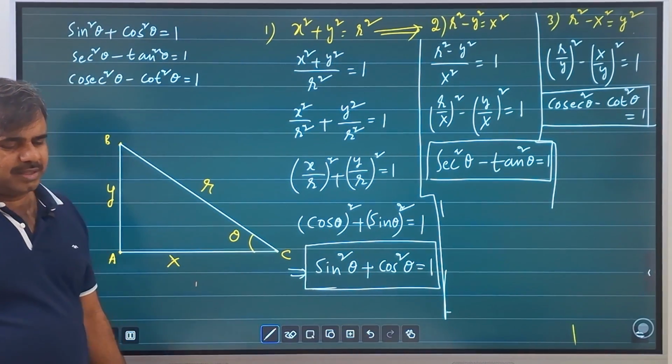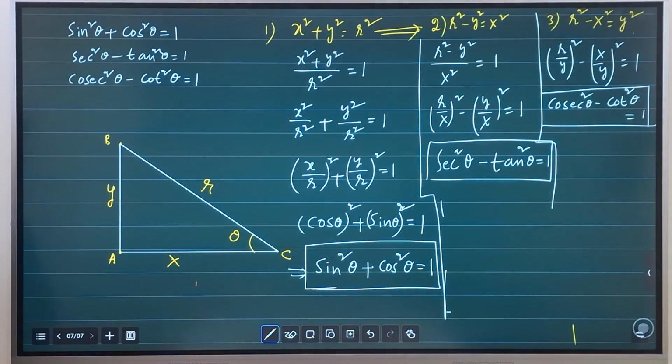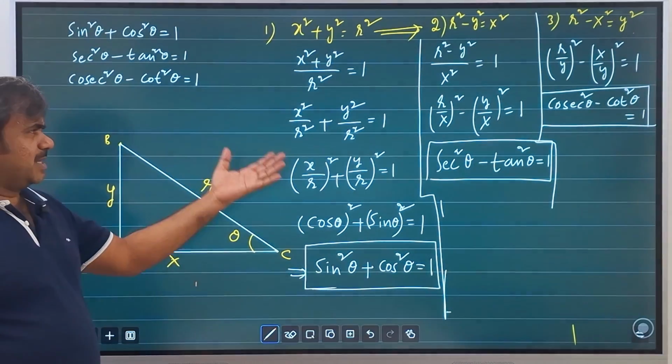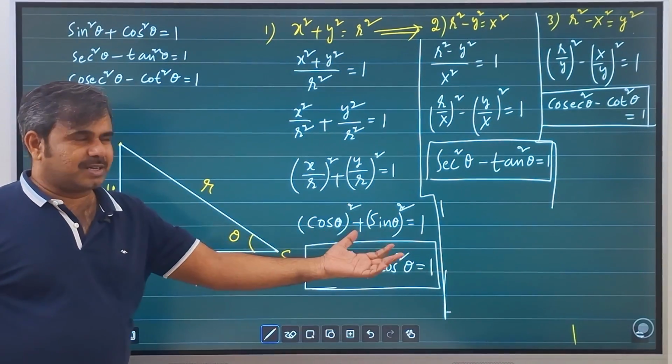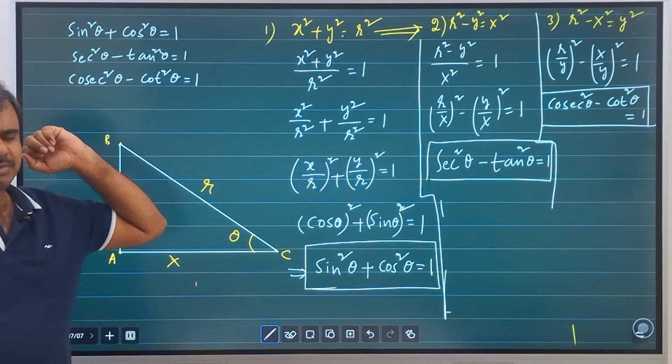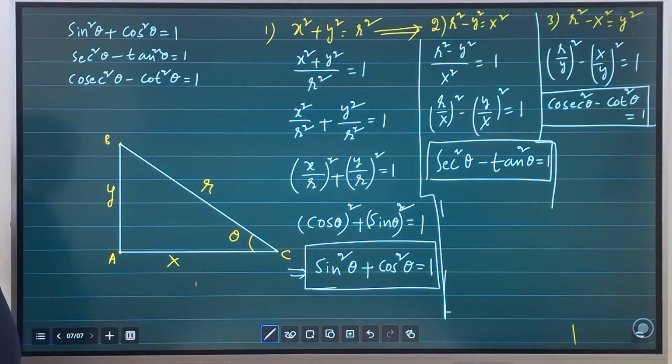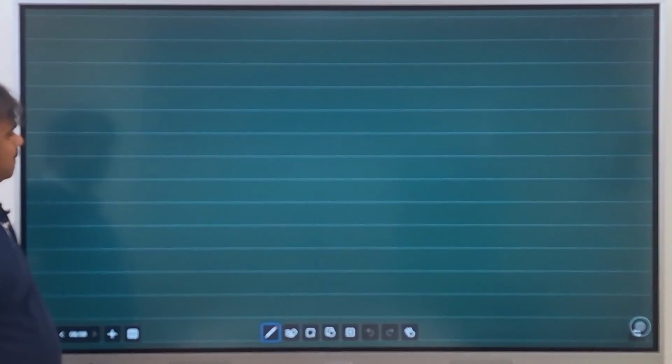So these are the three identities that we can derive. So very simple. All these three identities follow from Pythagoras theorem only. Next, let's